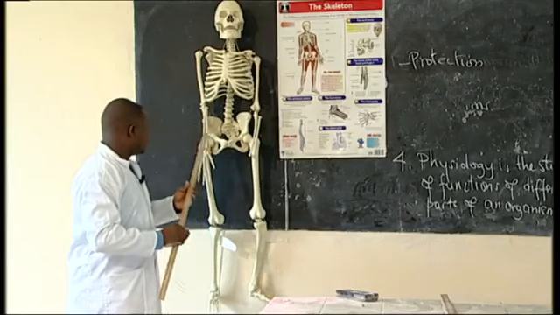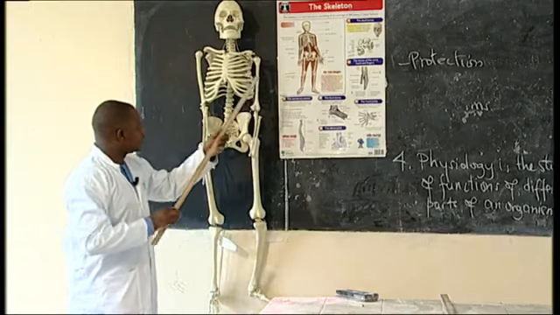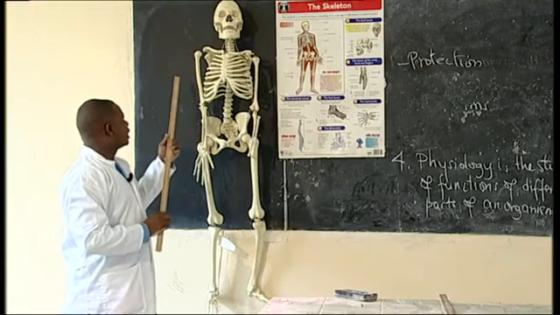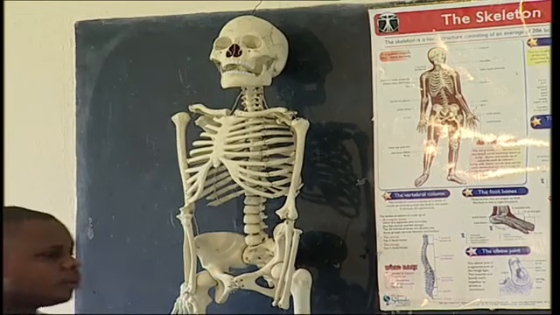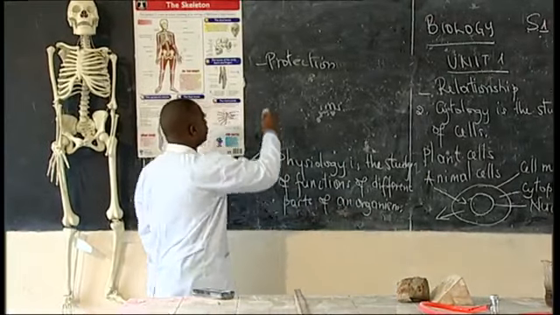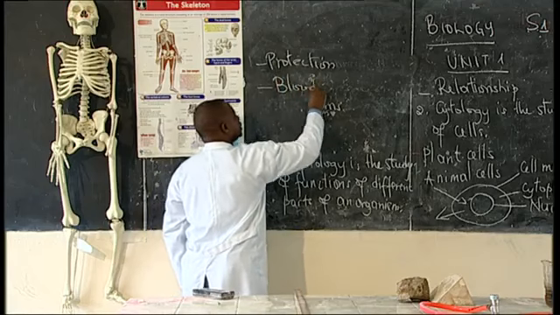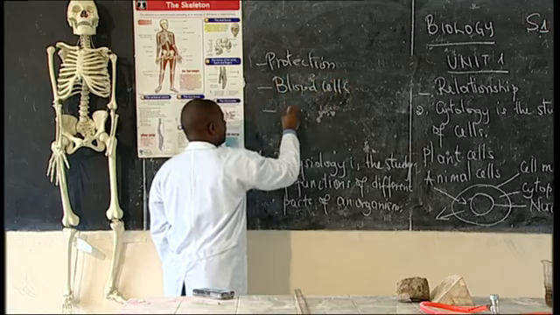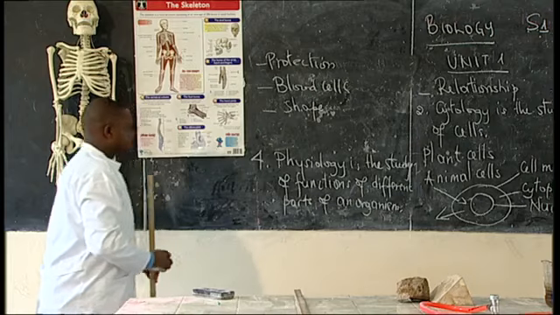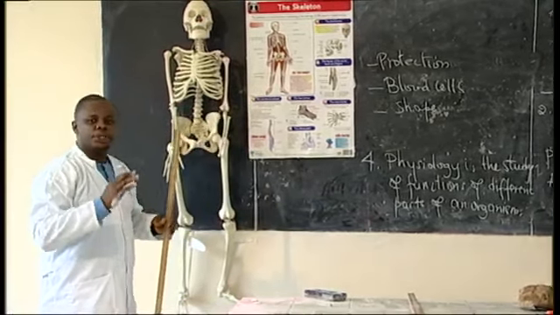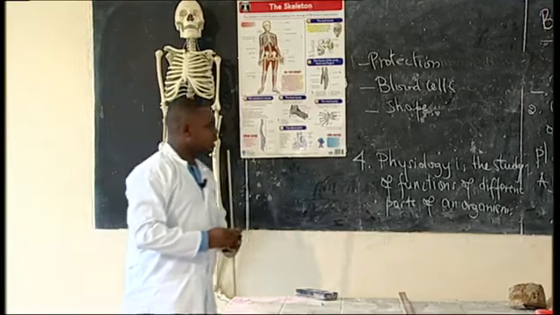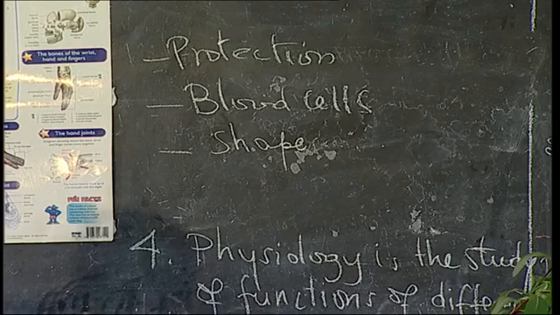As you see, this skeleton has long bones like humerus, like femur. It also has flat bones like clavicle. Those ones have what we call bone marrow, and the function of bone marrow is to produce blood cells. So, with anatomy, we talk about functions of different parts. Then another branch of biology